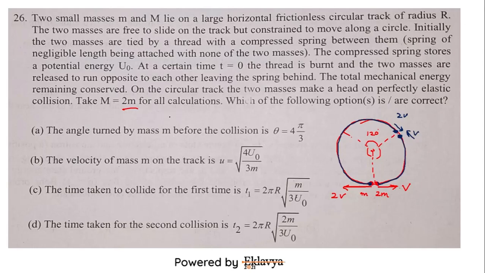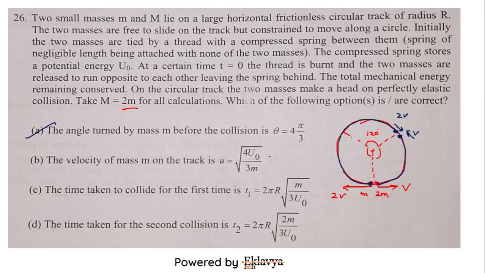So let's see how many options we can answer by whatever discussion we have done till now. So the angle turned by mass m before collision is, so the angle turned by mass m is 240 degrees, and 240 is 4 times pi by 3. So A option is correct. The velocity of mass m on the track is this much. Now what we can say that